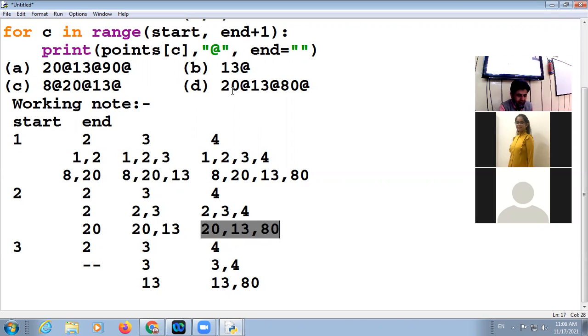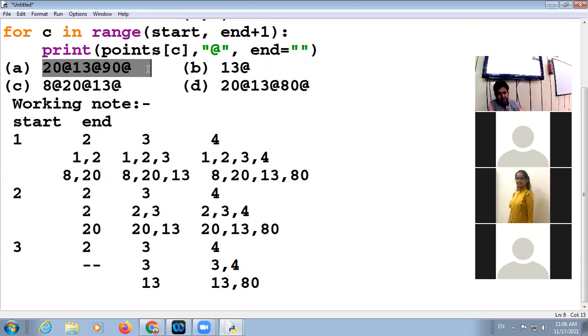तो ये भी आपके पास है. क्वेश्चन ये था कि जो नॉट पॉसिबल, तो इनमें से जो नॉट पॉसिबल है दैट इज दिस. All of these three cases B, C, D are possible. So our question is find which output is not possible with respect to the following code. Harshika, is it clear? Yes, sir. So this is your working note. Next is